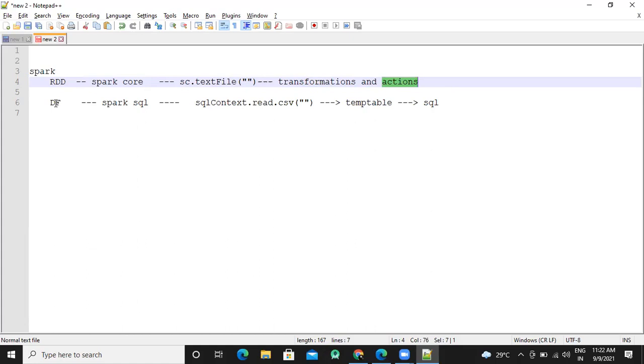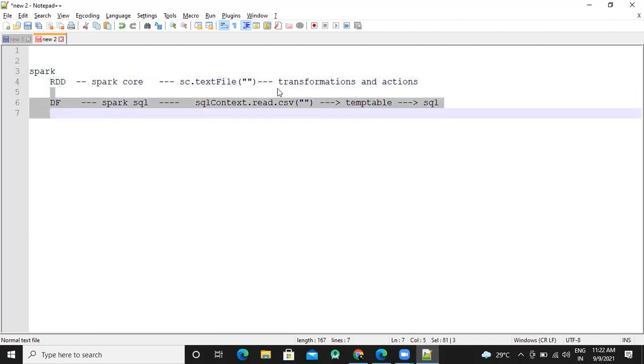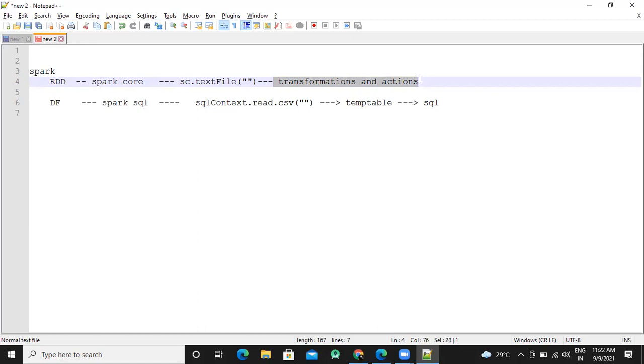So that's the point. You work on data frames, but if you have an RDD project and you have to migrate to data frames, it becomes important to know transformations, actions, and RDDs. Otherwise, anything that you can do in RDD, you can do in data frames also. That's not a problem. Earlier, there used to be some performance benefits with RDD as compared to data frames, but now they have tuned it so much that you don't need to worry about it. Data frames are equally fast